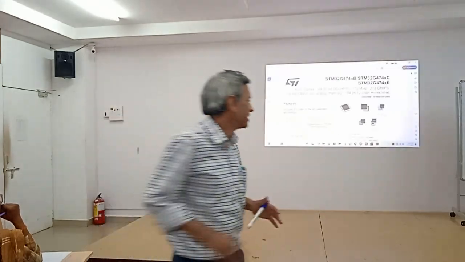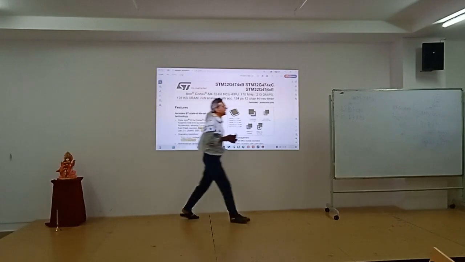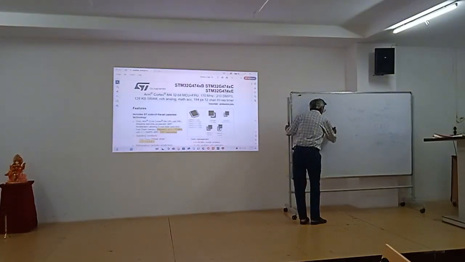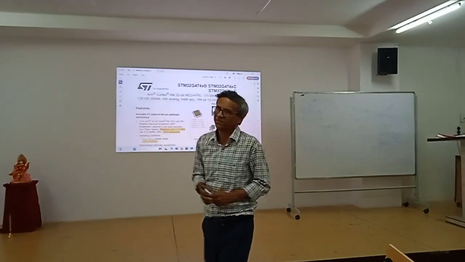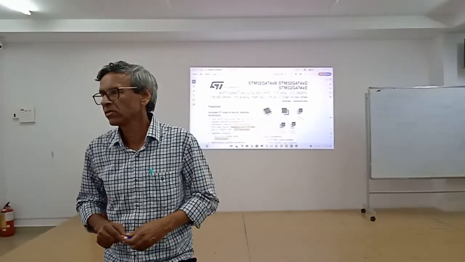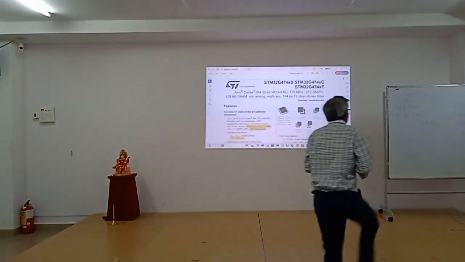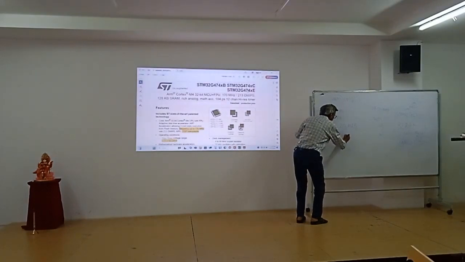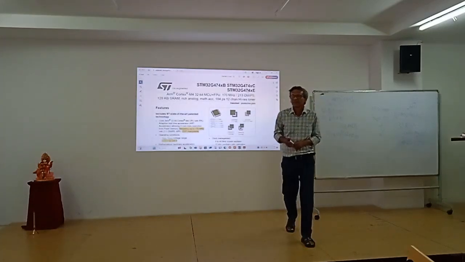Which is a good high frequency, and it is almost delivering 213 peak MIPS. What is MIPS? Million instructions per second. Remember this. Million means 10 lakh. That means this microcontroller can execute 213 times 10 to the power 6 instructions in 1 second. Now sir, that is done, this is called very fast.